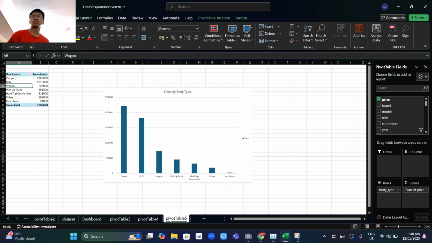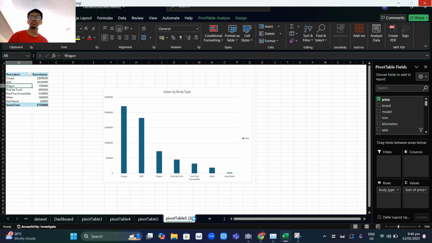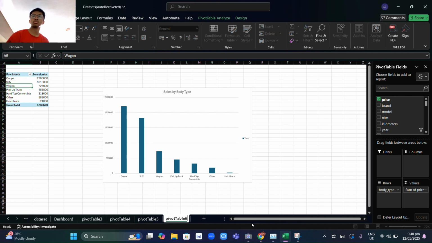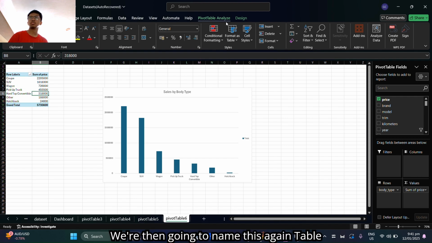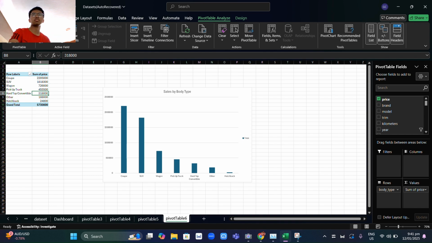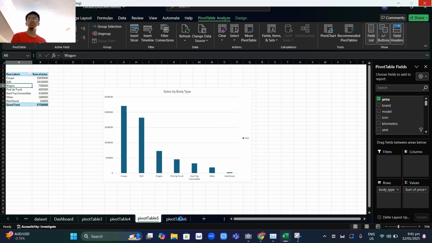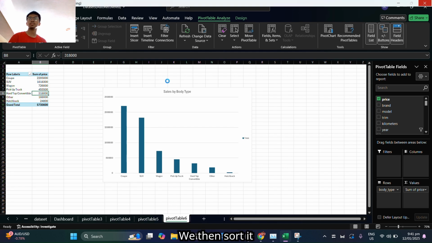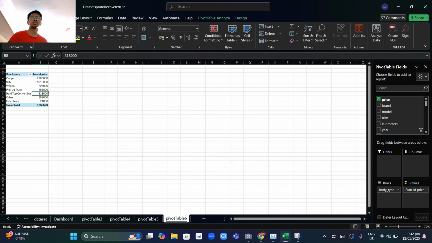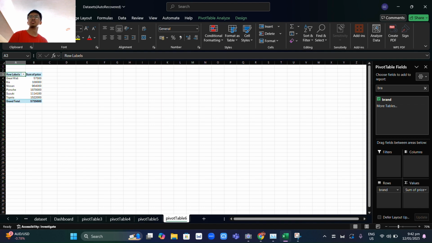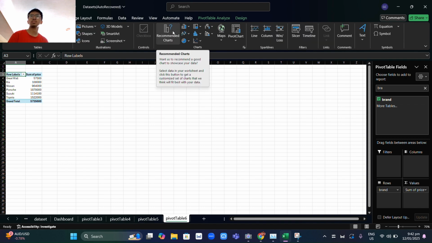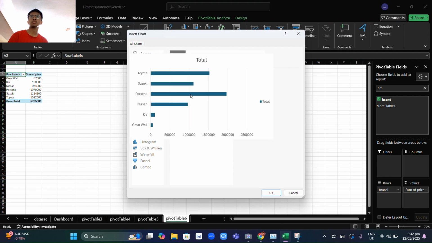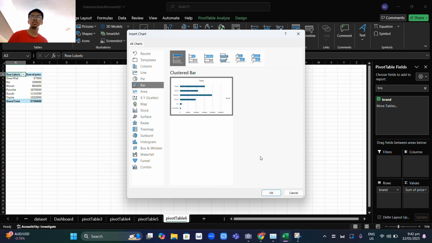So we would again duplicate the sheet. We'll then rename this again as pivot table number 6. A clustered bar chart.